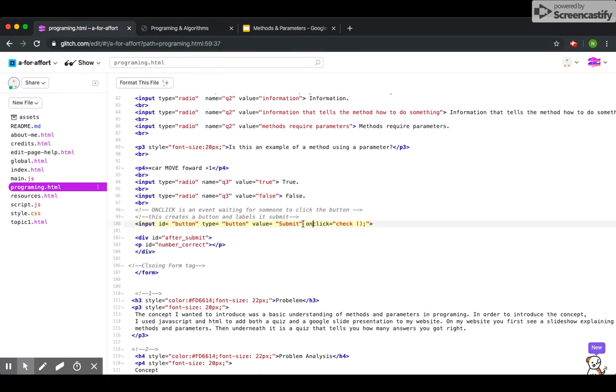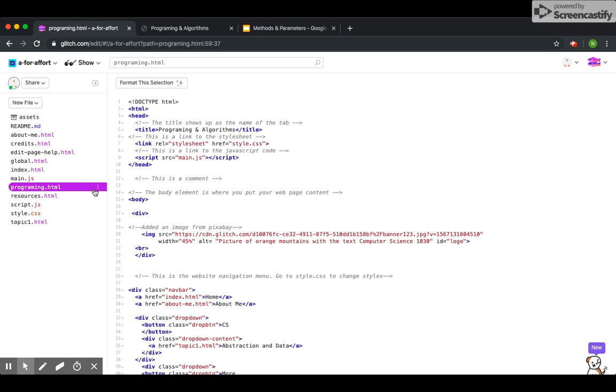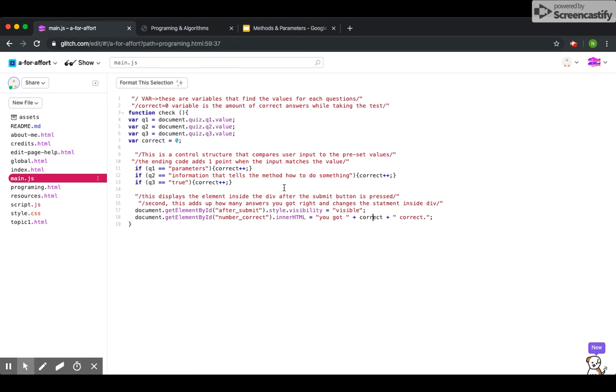So the event listener, after you click the submit button, it says do this function, which is in this file over here with the JavaScript. And so I created this file and then linked it to this one right here. And so once you click submit, it's going to do this function, which is going to use these variables